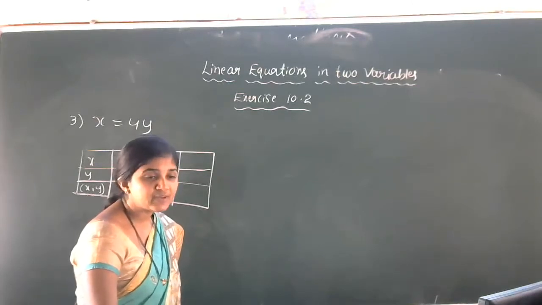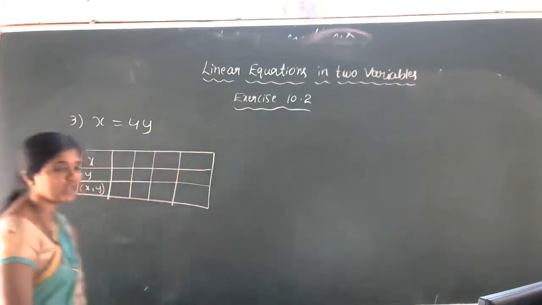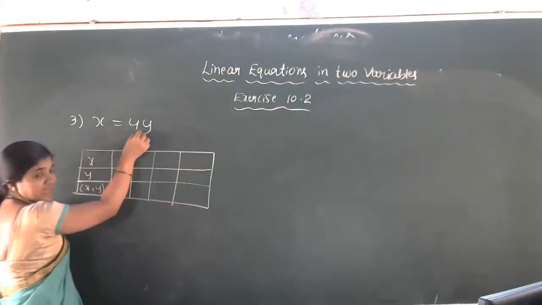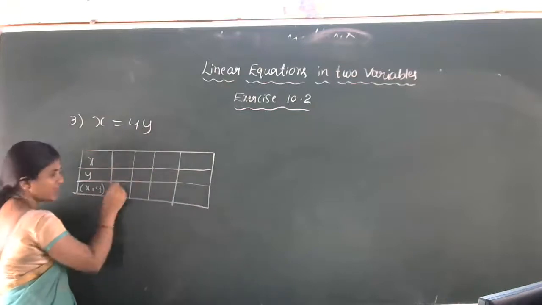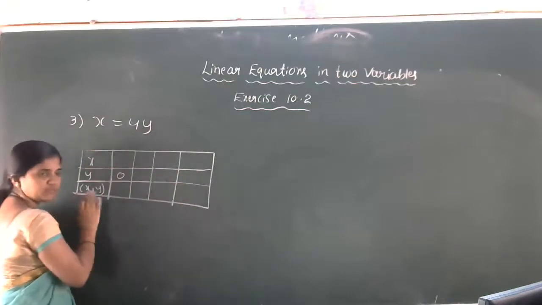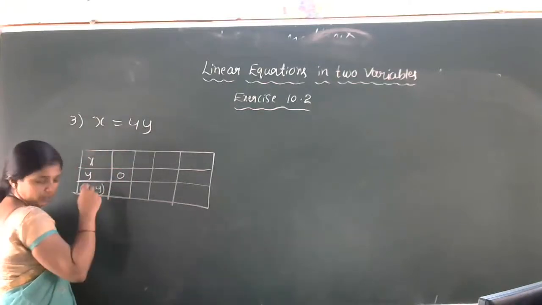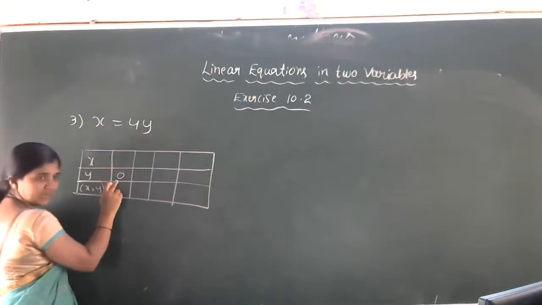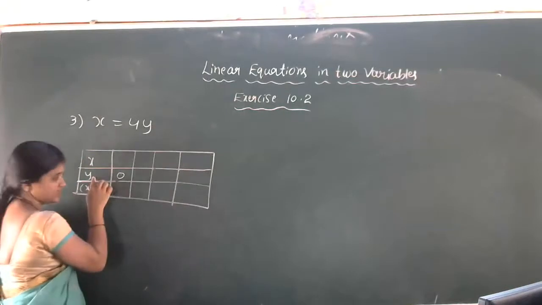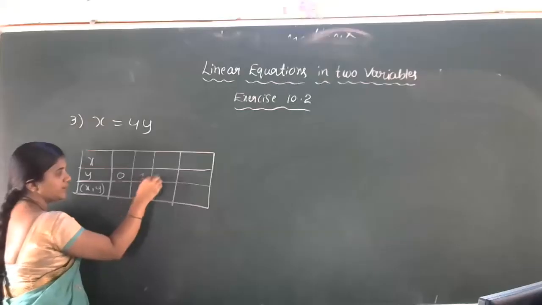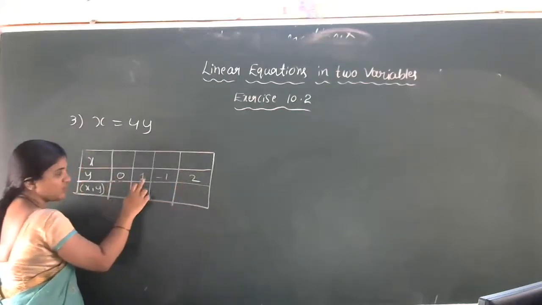Yes. Which one we have to substitute? 0, 0. Danya is telling that 0, 0. Which one we have to substitute actually? X is equal to something is there in the sense. Y we have to substitute. Y is your choice. Can I write y first only? Because the equation is in x form, we have to calculate x. Yes, we have to substitute y. Y we are choosing as 0, 1, minus 1, 2. Is that clear?